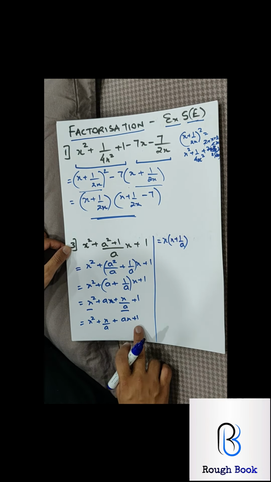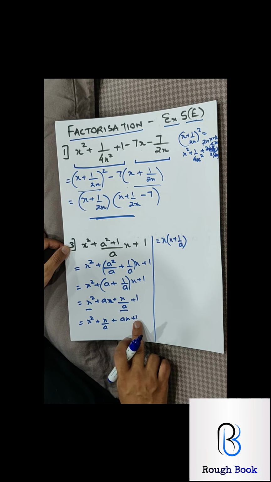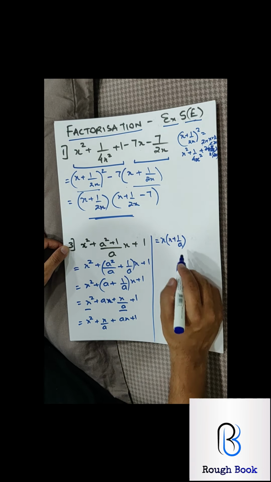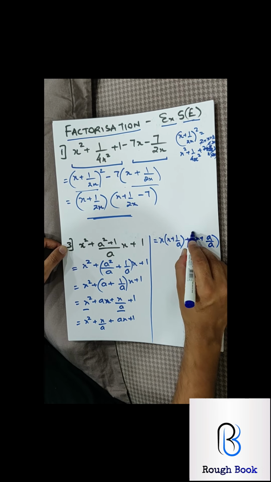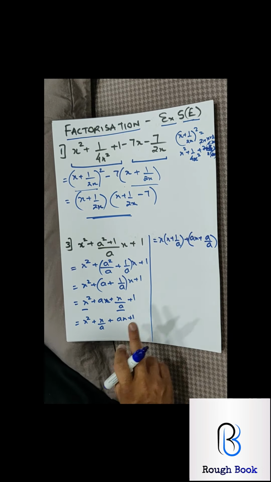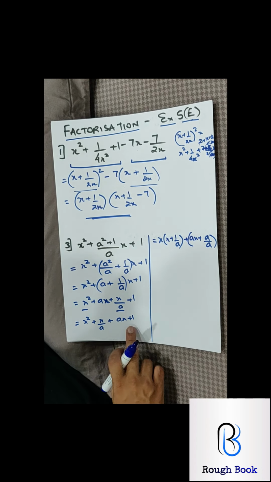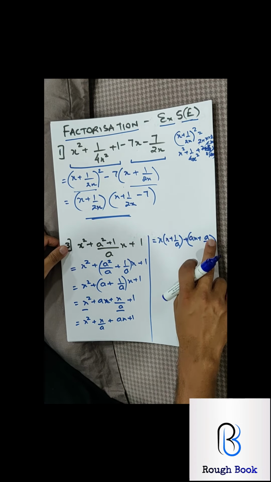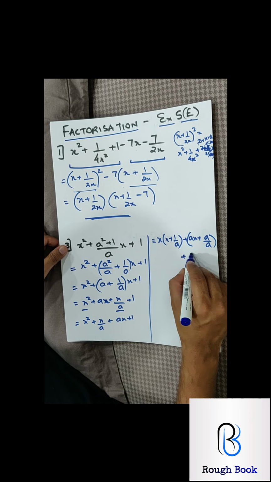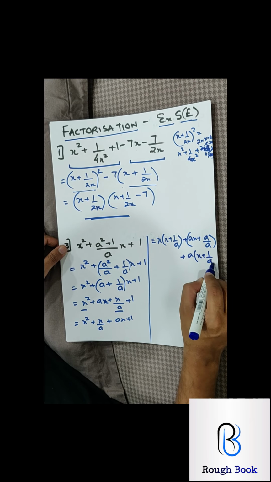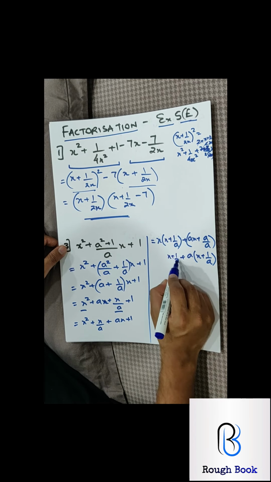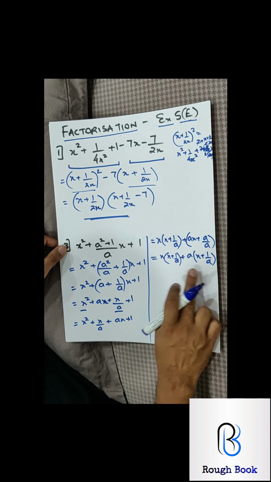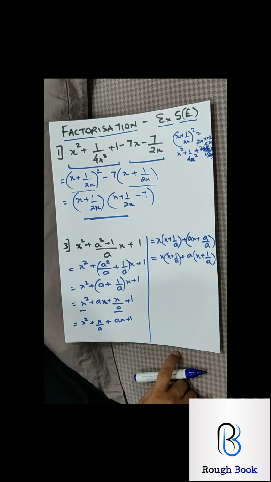So to get x plus 1 by a, I'll have to supply this 1 with a by a. Let me write, then I will re-explain this. x plus a by a. So instead of this 1, I have written a by a. When I cancel this, it becomes 1. Why did I supply a by a? So that I can pull a common and I can get x plus 1 by a, which matches with this part. So in order to match this part, we supplied this a by a.